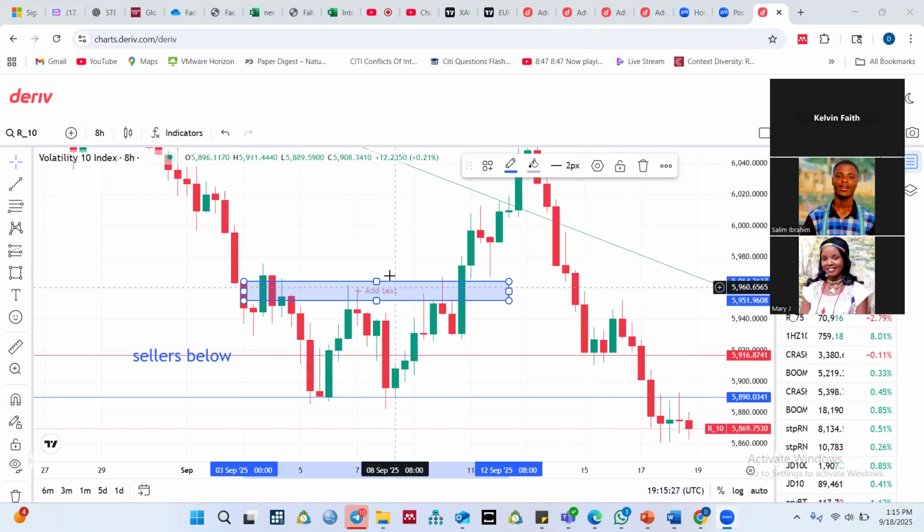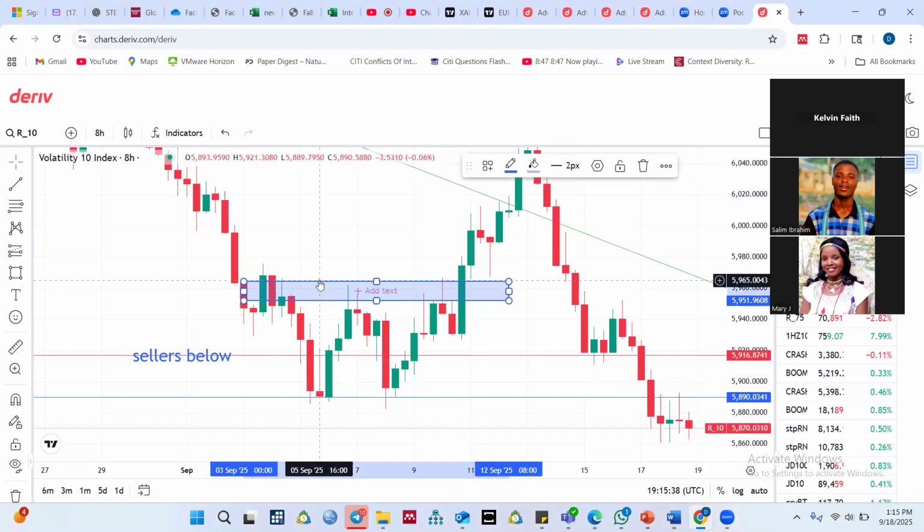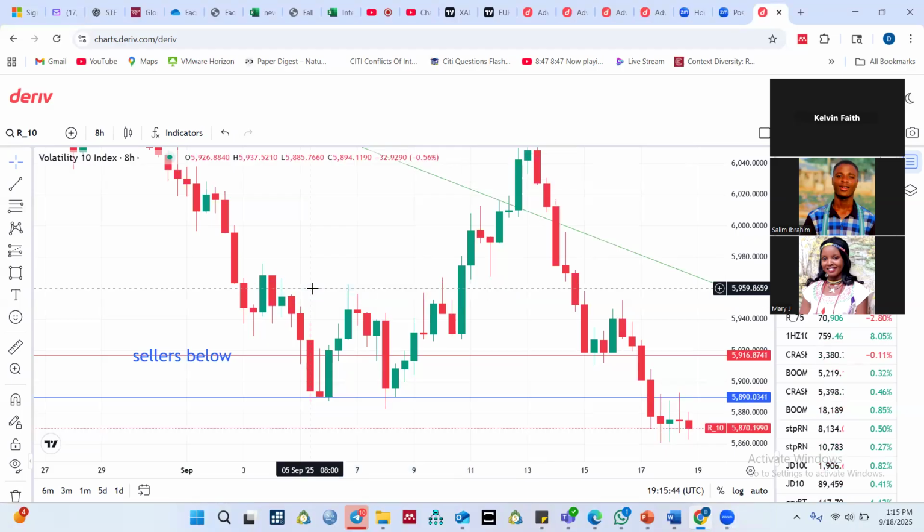Okay, let's continue. So let's move to, if you were viewing the market from the higher time frame, let's say the 8 hour or the daily, you would have seen that that area looks like a double top or